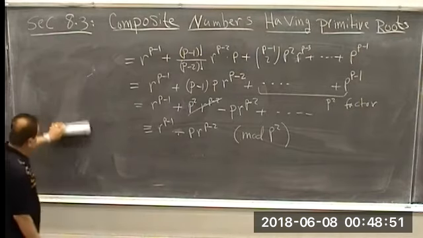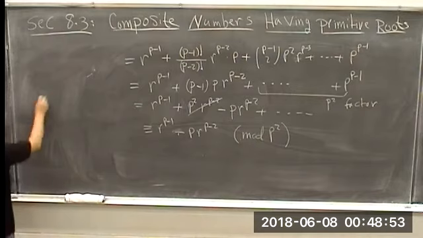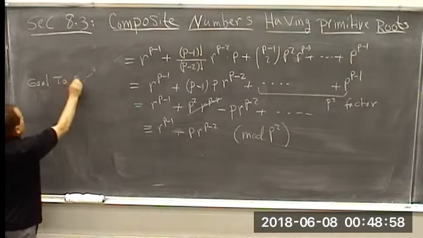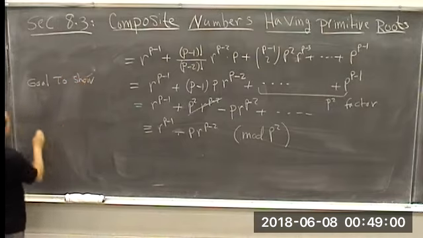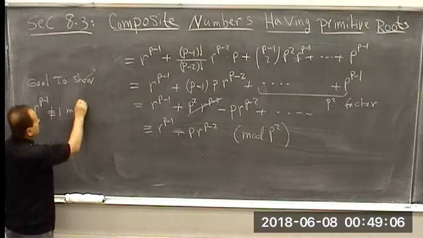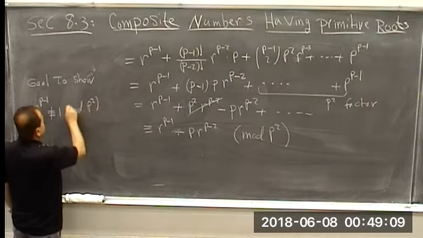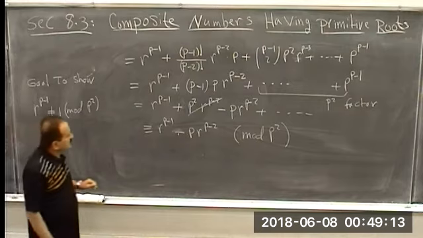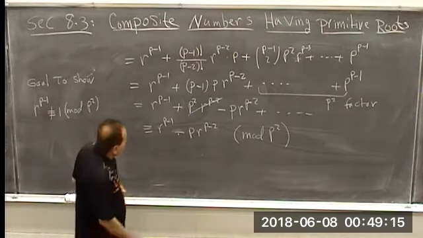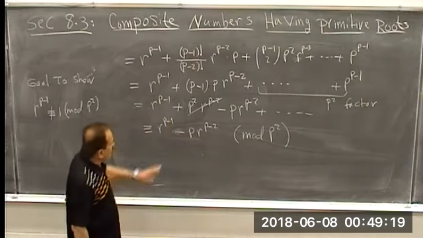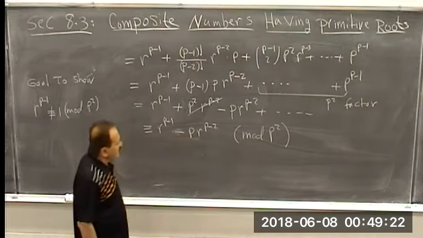Okay, coming back in here. We're going to show, remember this is our goal, to show that r to the power p minus 1 is not congruent to 1 mod p squared. All right, we're going to show this. So we have this one now. I claim that